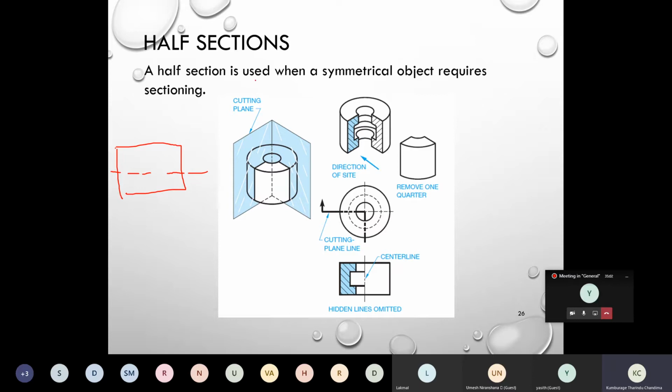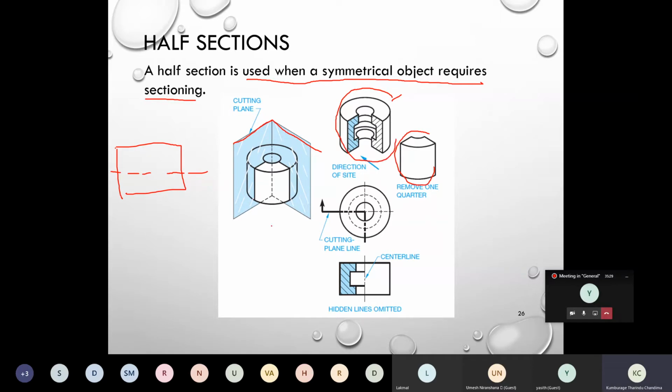It is used when a symmetrical object requires sectioning, right? Like this. So imagine your object is like this and your cutting plane goes up to the center point, and then you cut it here, right? When you remove this part you are left with this object,